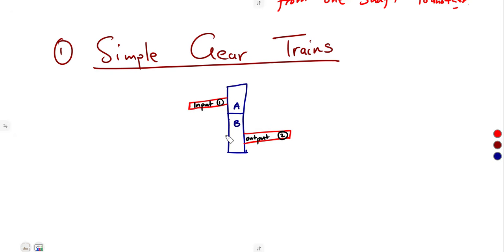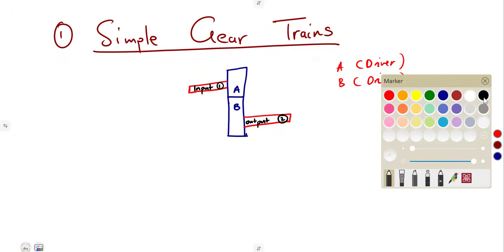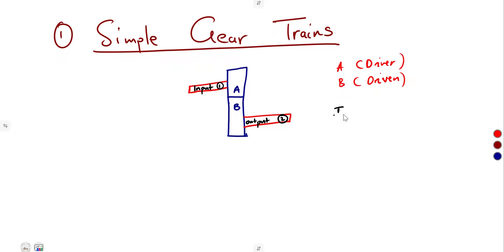For the simple gear trains, we consider gear A to be the driver on the input shaft, and gear B is the driven. So A is the driver or the pinion, and B is the driven or the wheel. From there, we can have calculations. Like I said, I1, the moment of inertia,